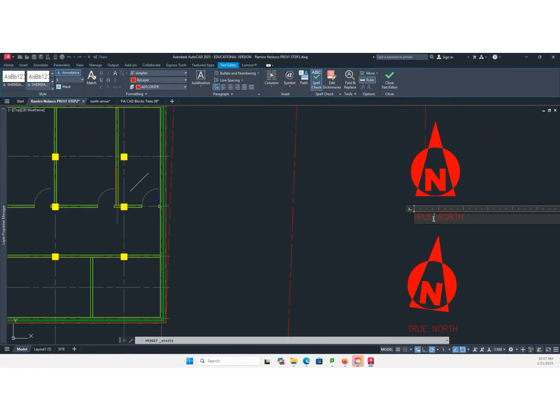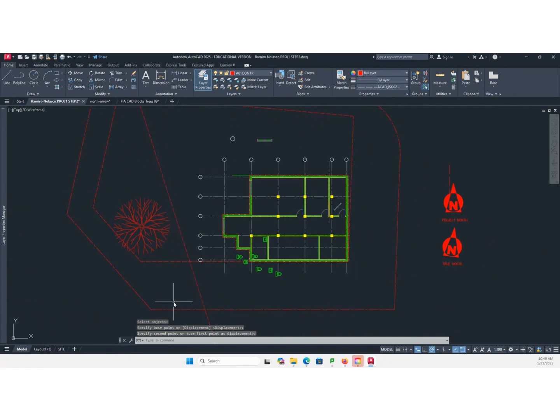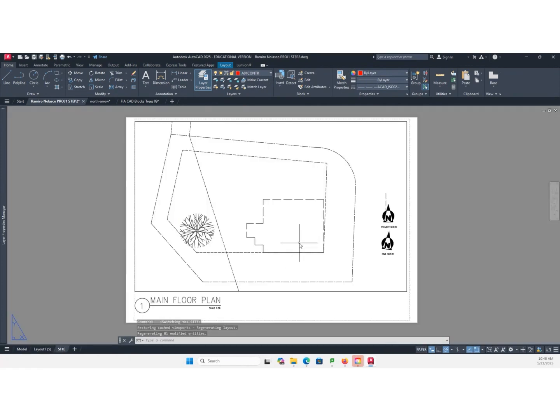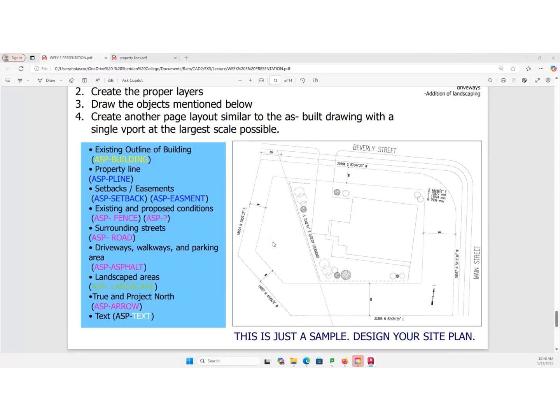And this will be my project north. Okay. Center that. Project north through north. I might want to lock this so it doesn't change anymore. I can delete this, or maybe not. So when I add my dimension, I can still add the dimension there.